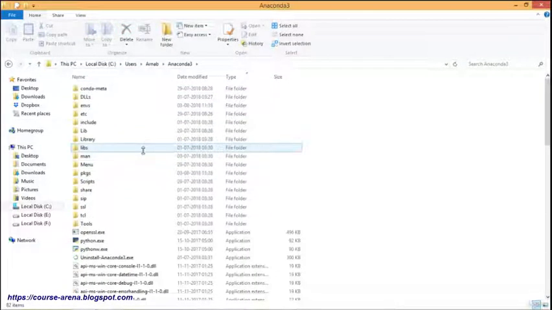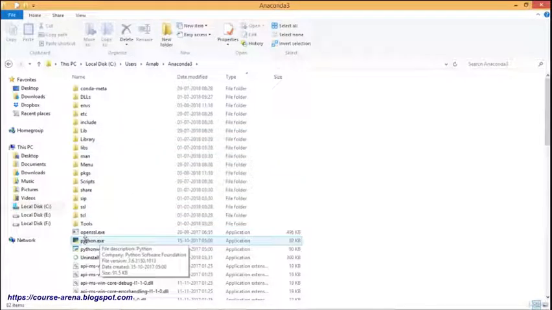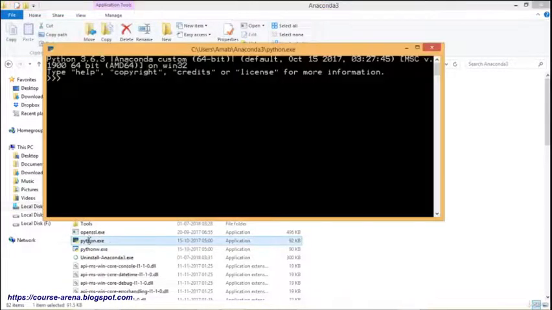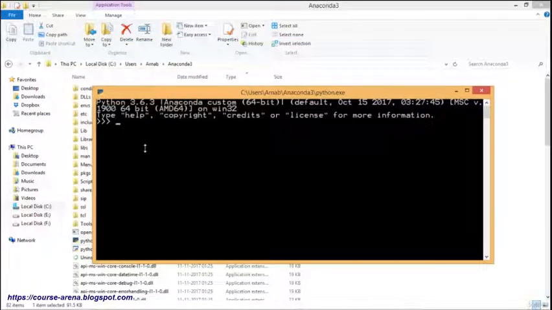How to install this Anaconda, we have discussed in our other video, the steps we require to install Anaconda. For this we will require python.exe. If you click this python.exe, the command prompt will open with the respective prompt, that is the triple greater than symbol. Here you can write the code in immediate mode to run our scripts. So we are writing print hello world.